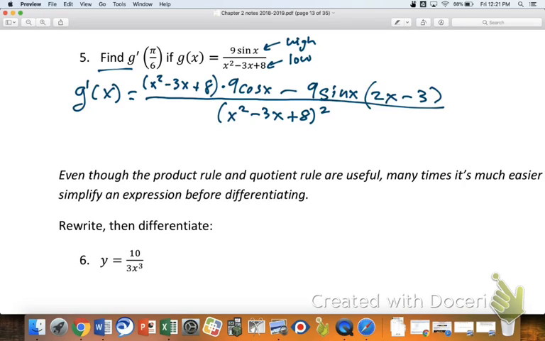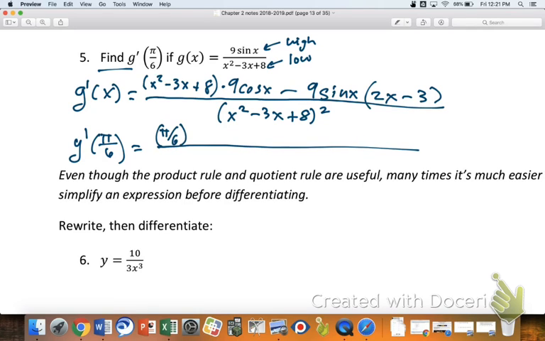So then what follows here, of course, if you're finding g prime of pi over 6, you got to find g prime of x first. We have that. Are you guys okay? Totally good? Now we just have to plug in the pi over 6 for all the x's. And the only reason I'm going to go all the way through with this, I'm not going to figure out what pi over 6 squared is, certainly not with a decimal. So I've got pi over 6 quantity squared